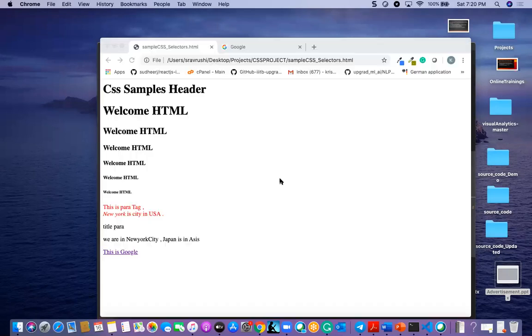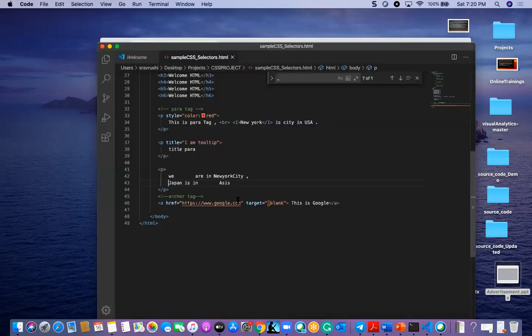Though they are in different lines, a normal paragraph will merge them in the same format. It won't preserve the lines and spaces. So in such cases, you can go for the pre tag. The pre tag will help us to save the spaces or line breaks, whatever we are entering in the HTML. So we'll see that right now.